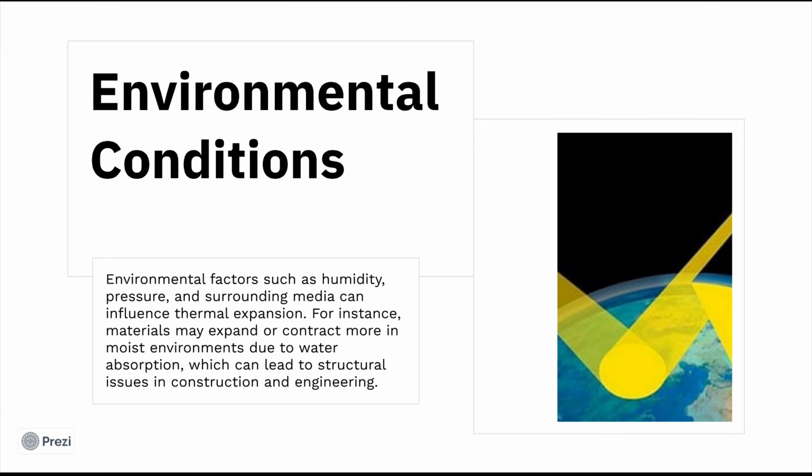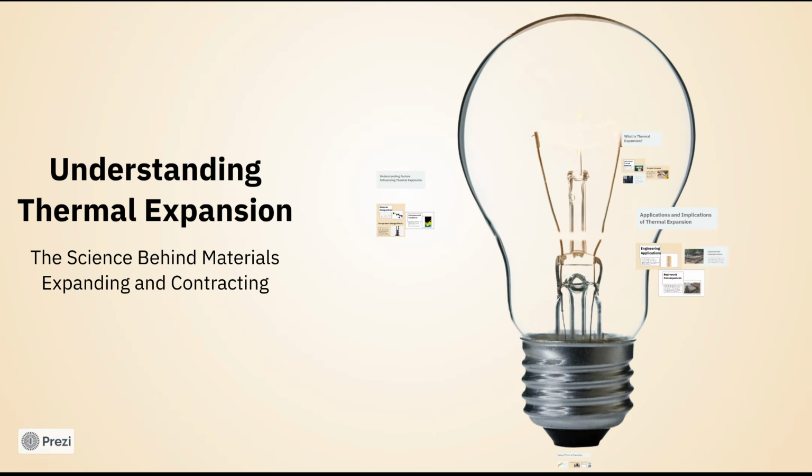Environmental conditions. Environmental factors such as humidity and pressure of the surroundings can influence thermal expansion. For instance, a material may expand or contract more in a moist environment due to water absorption, which can lead to structural issues in construction and engineering. So,